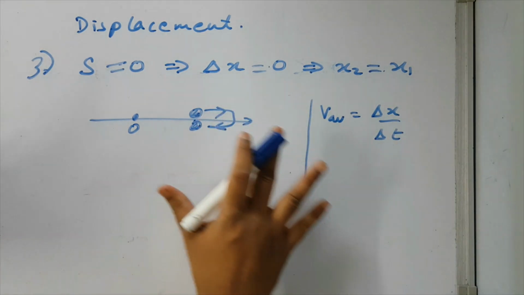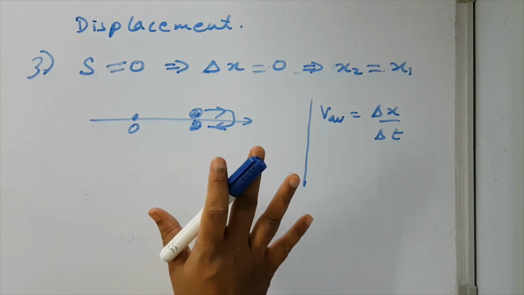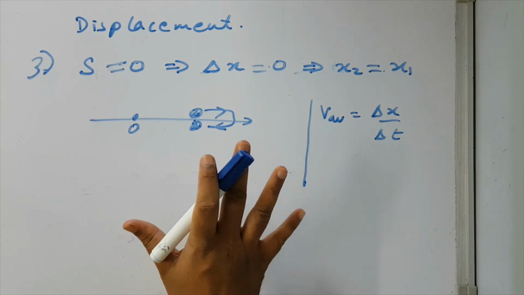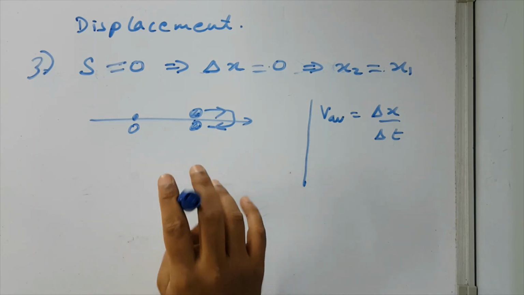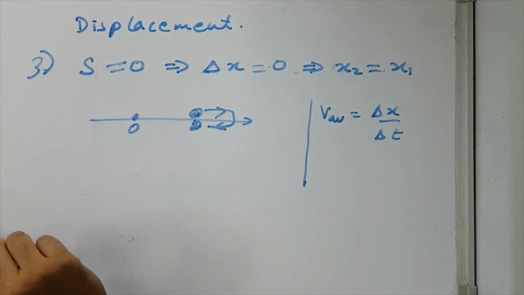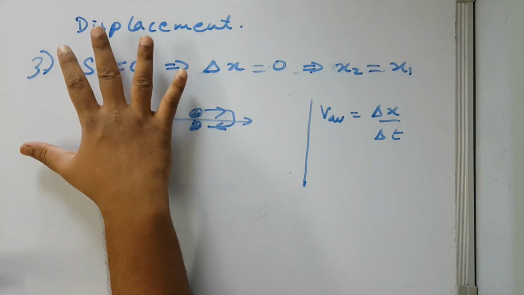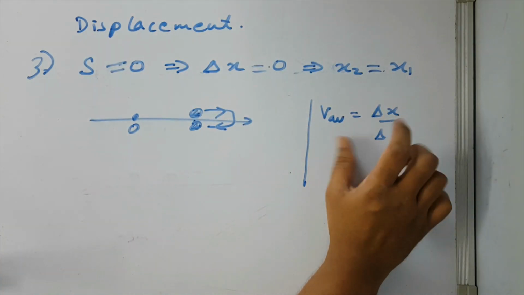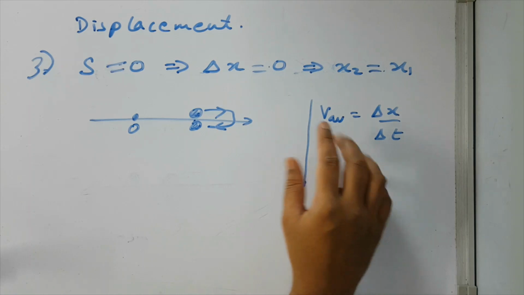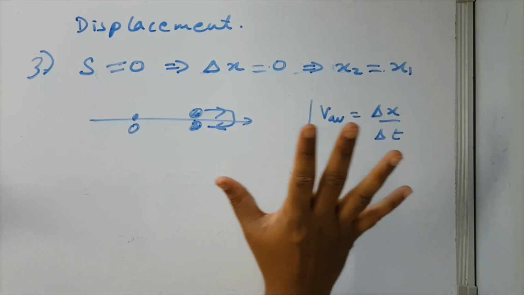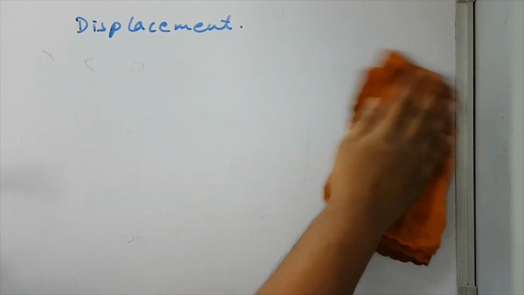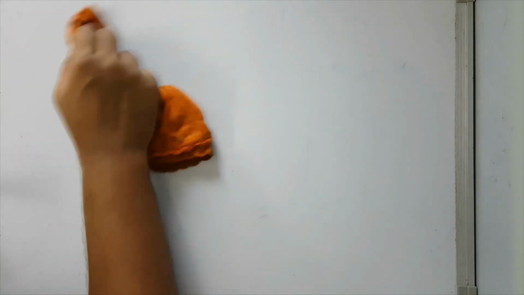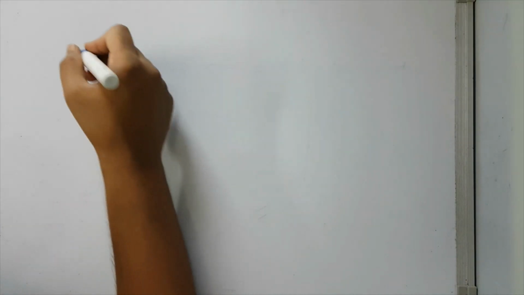So that is displacement. I just taught you what the sign of position and the sign of displacement tell you. Now what about instantaneous velocity? The sign of displacement is the same as the sign of average velocity, so I'm not going to talk about it anymore, but I would like to tell you about the sign of instantaneous velocity. It is a very simple concept.